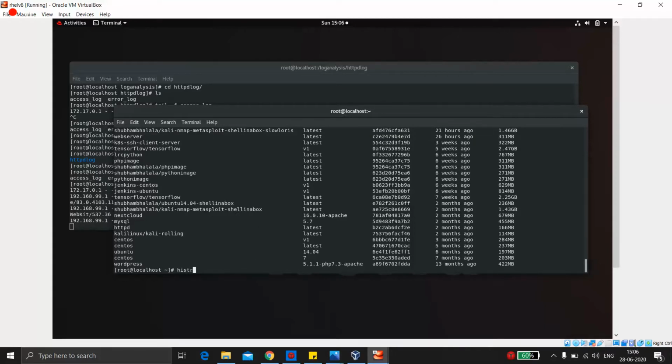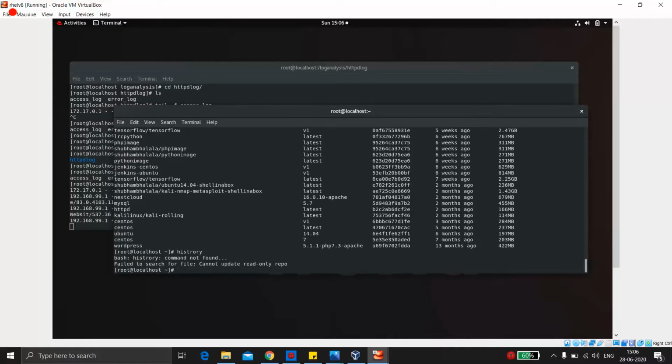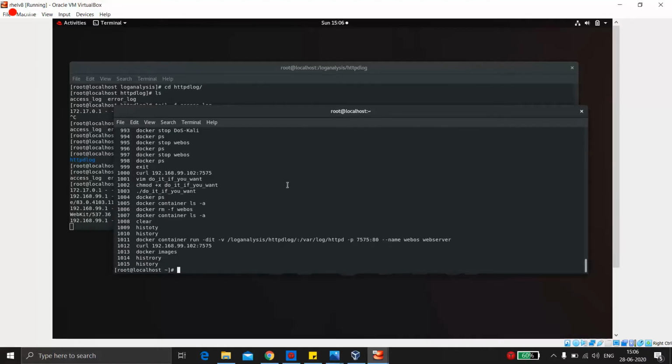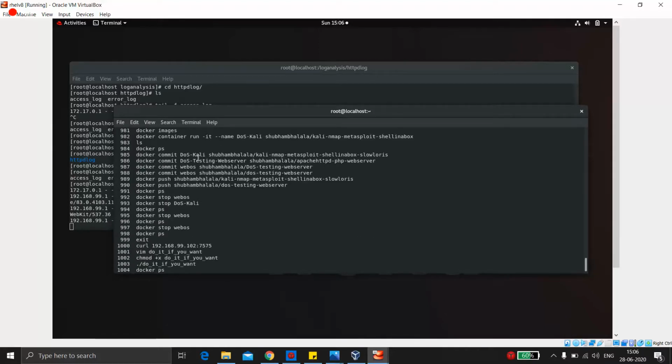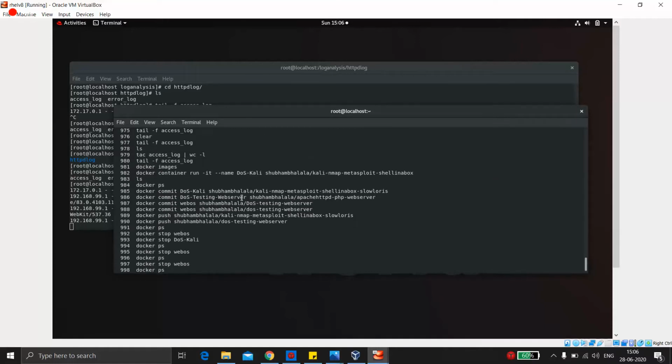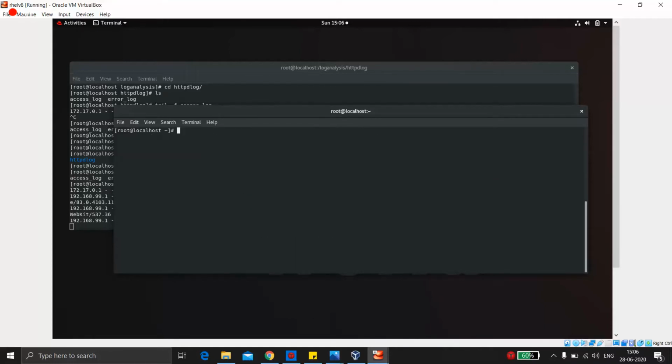For this also, I've already done this. I already ran that. So yeah, this is the command through which I made an image out of it. Okay, fine. So let me do it from scratch. So docker, and we have to launch a container. So we'll use the management command container. We'll use run. We'll be interacting with it, so we won't run it in the detach or daemon form. So we won't give the d. We want an interactive terminal from it.